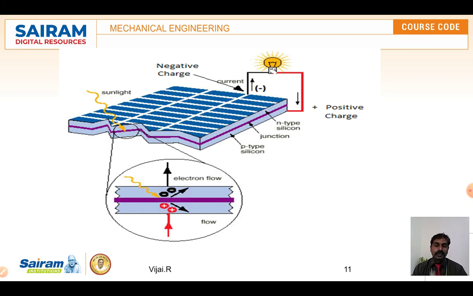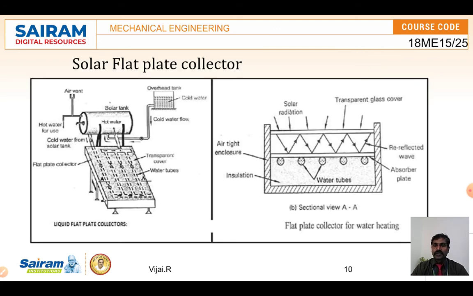With the help of that we can make a bulb glow or something else, a small charge can be produced. So these solar panels or solar plates are nowadays everywhere, very common. As we said about renewable and non-renewable energy sources, the non-renewable ones are going to vanish in future, so we are going to use other forms of power. The solar flat plate collector and the photovoltaic cell are two simple examples of how we are going to use solar energy.